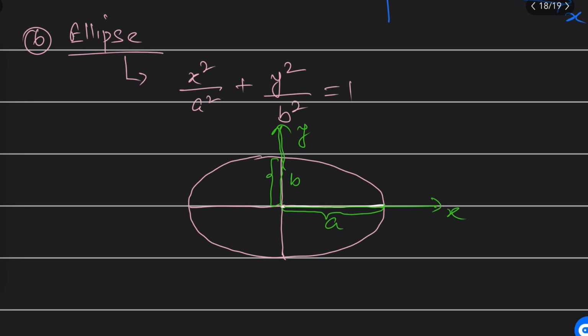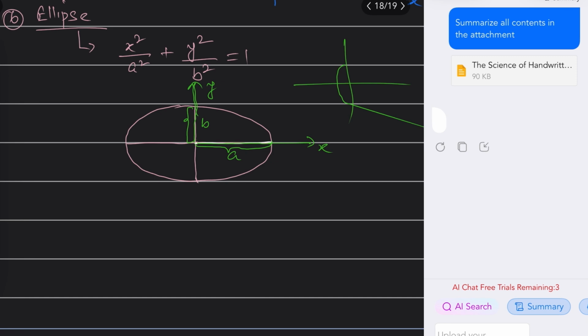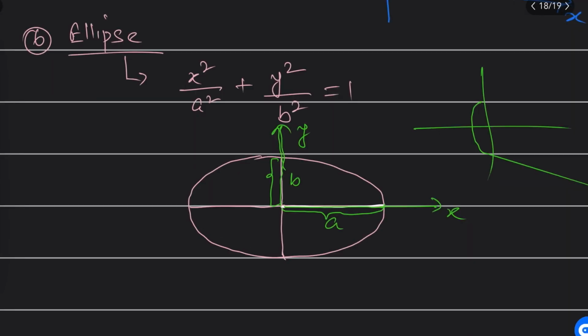Sir, you can write like this also, it's not compulsory. The hyperbola, sorry, my mistake, the ellipse will look like this, it can look like this also. Wait a second, the ellipse may look like this also, sir. Like this means this may be a and this may be b, not compulsory. It depends on the denominator of x square, it may be b square also. It's up to you. When you are going to apply this, at that time you will understand more clearly. For now you should keep in mind the ellipse equation is this and the graph will look like this, right?